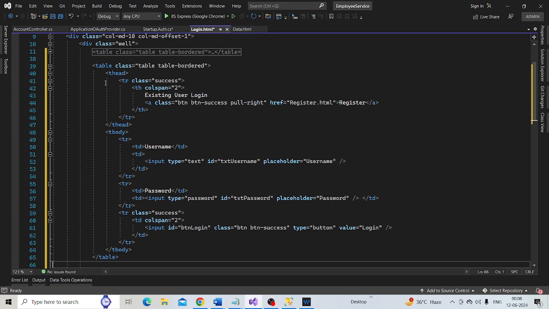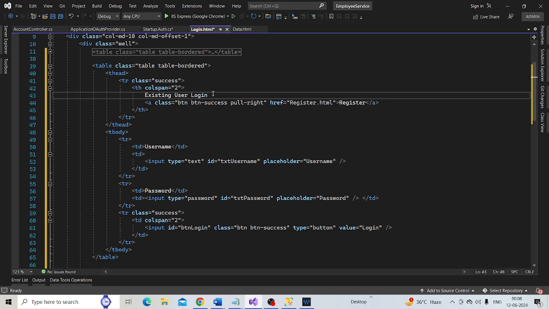And then change the bits that are required. The text is going to say social login. We don't need any button or anchor element, so let's remove them from there.